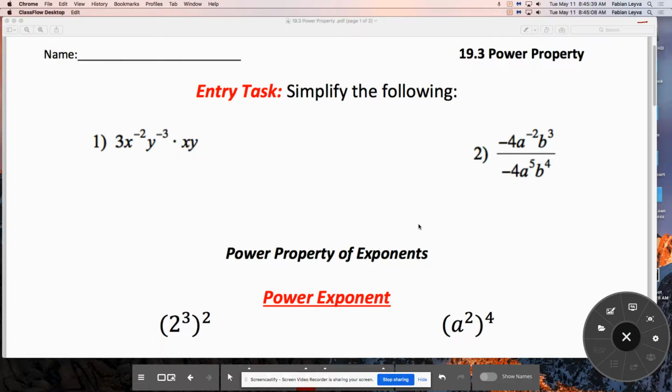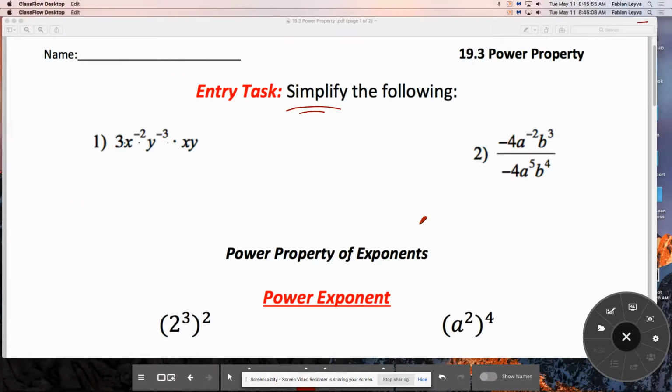Alright guys, so these two problems are very stereotypical problems that we ended up finishing yesterday. And the directions are the same. Our job is to simplify these two problems, aka make them look simpler. Now when I see number one, the first thing that I want to see here, or I want you to